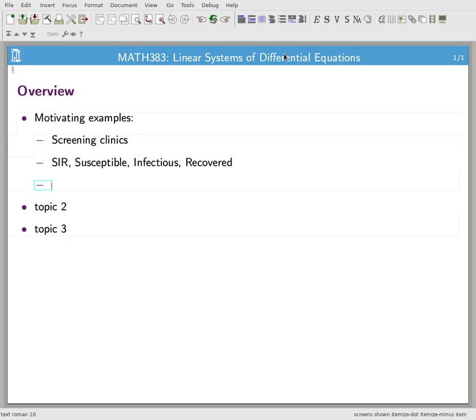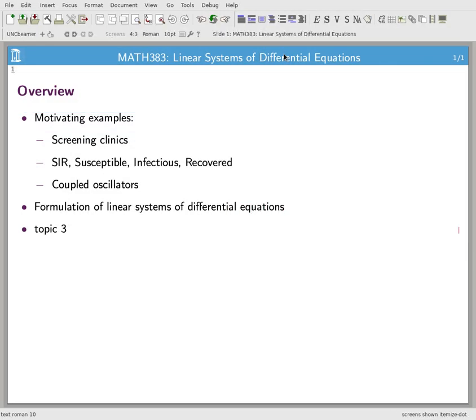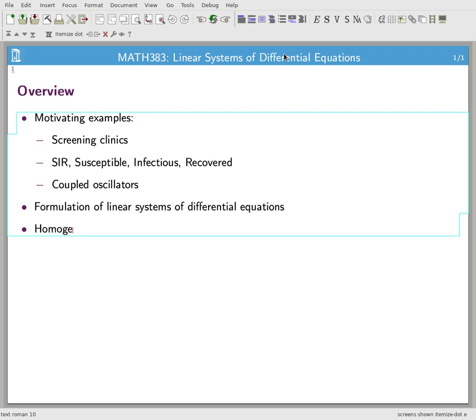Finally, we will consider a prototypical model that is coming from mechanics, namely one of coupled oscillators, in which multiple masses, springs, and dampening elements interact, and we are interested in the collective motion. After the motivating examples, we will turn to the formulation of linear systems of differential equations, and then we will start our consideration of solution techniques by looking at the simplest case, namely of homogeneous linear